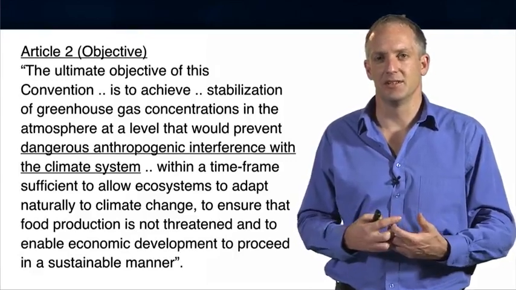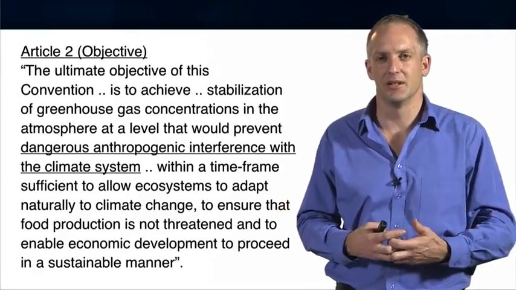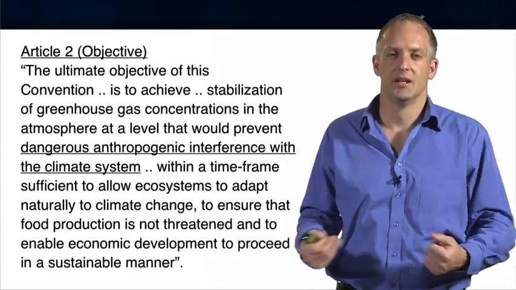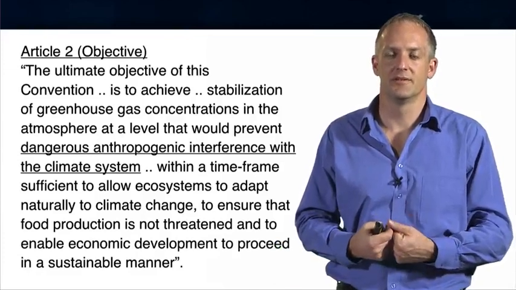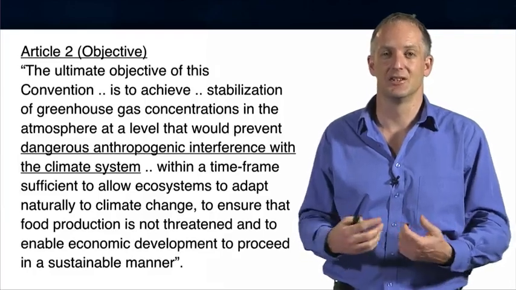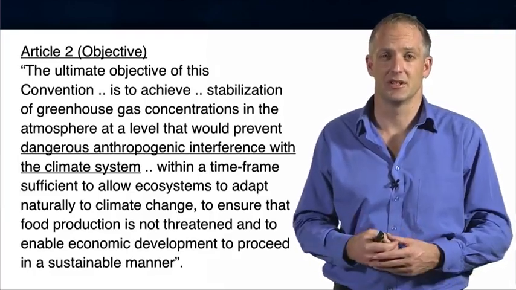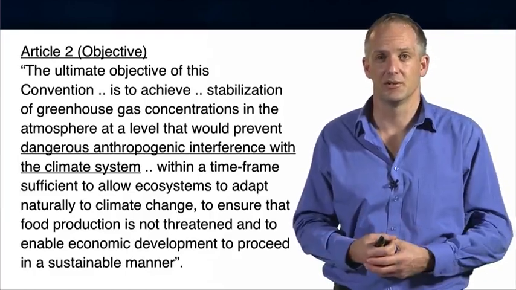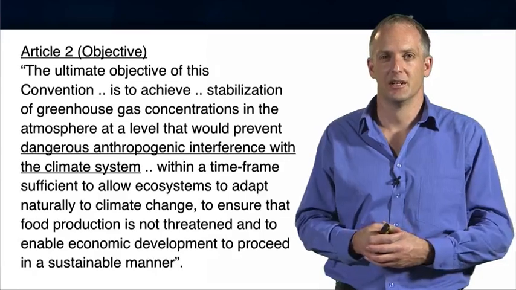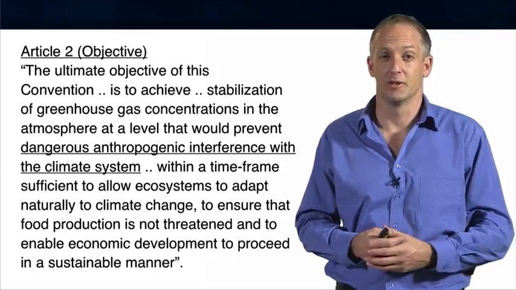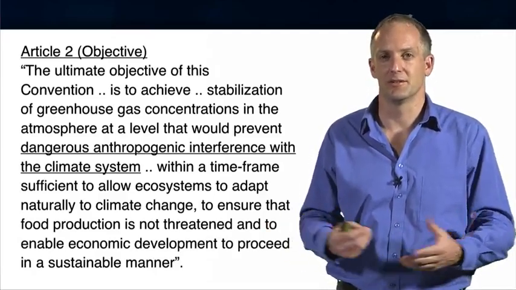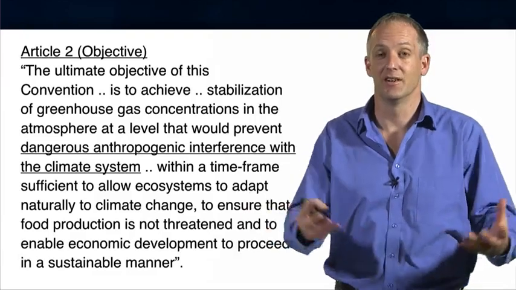The difficulty is, even though 2 degrees is something like a loosely established norm, it's not in the convention text. And so the whole point of this thing, the very reason why it exists, its ultimate objective, the reason why anybody takes it seriously, turns up to the meetings and talks to each other, is actually not very clearly specified at all. This is like getting 100 people together in a room and saying, we're going to do something. It might be a bit more specific. We're going to build a house, without saying what the house is for, how many rooms, how it's to be designed, or anything else. We'll just talk around a very vague objective.